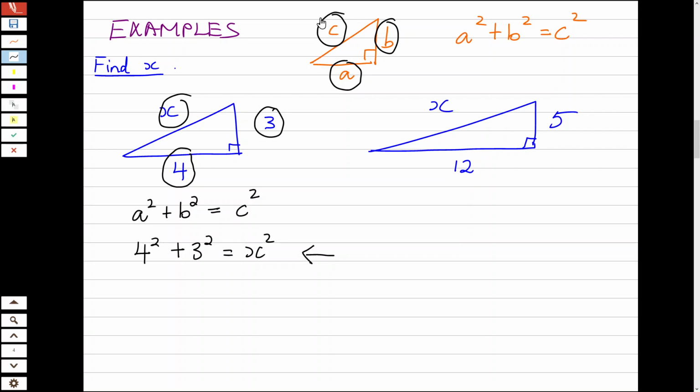No, but you've got to have C. C has to be X here. You can swap the 3 and the 4, but you can't use